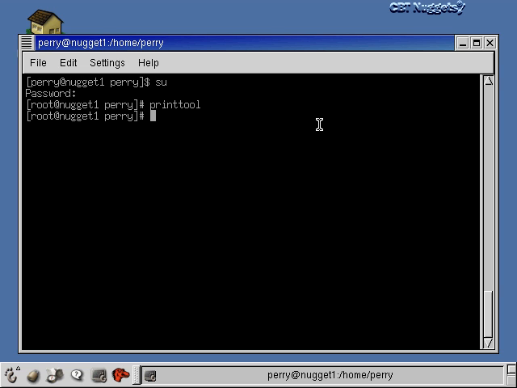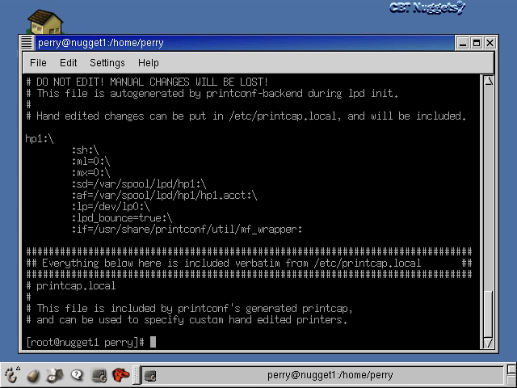configuration. Okay, now what we'll do is we'll go and we'll look at the /etc/printcap file. Okay, now one thing you have to notice here is that you should not edit this file manually, because changes will be lost. Okay, if you want to add a printer manually, do it in the printcap.local file, and then what happens is printcap.local gets added to the end of this file verbatim. You can see here everything below is included from printcap.local, and there's nothing in printcap.local